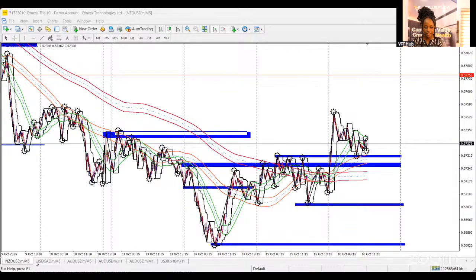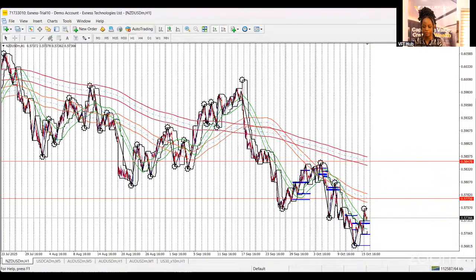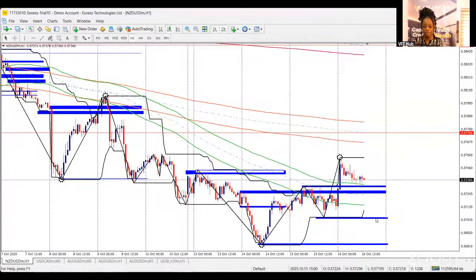Now, USD CAD, NZD USD, and AUD USD are the three asset classes we'll just quickly brush through before we do the recap on indices to see what the market has done so far. Starting off with NZD USD on the H4 time frame. So NZD USD has been buying, and at this morning's analysis, we had marked out this zone saying that we had seen a break above what could have served as a resistance, and it was looking like a retest. Now, NZD USD has retested this particular zone. It's looking like a previous resistance that could act as current support. And we said, if NZD USD finds support around this zone, we may see more buys from this particular level all the way into the next point of interest,